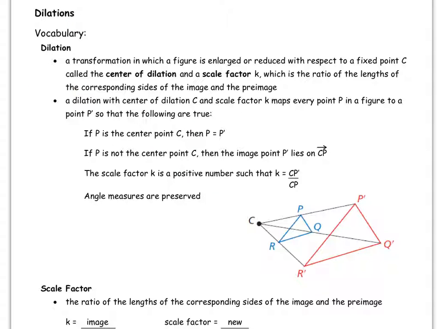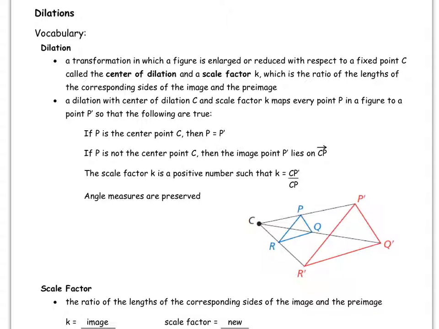So this is the last transformation that we're going to discuss. We've talked about translation, reflection, rotation, and like I said, this is the last one, and it's dilation. And dilation is a transformation in which a figure is enlarged or reduced. Another word we use instead of reduced would be shrunk, with respect to a fixed point, C, called the center